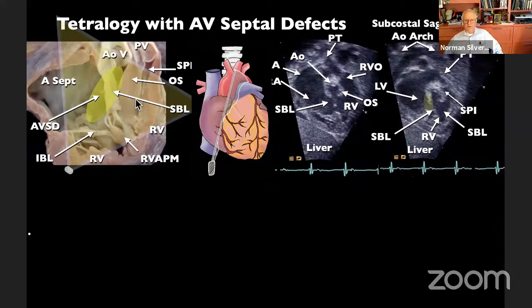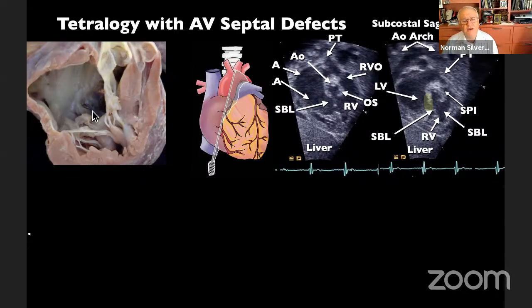Here's a patient, a fetus in fact, with tetralogy of Fallot and an AV septal defect. This was invariably a Down syndrome, another chromosomal anomaly that occurs with tetralogy type lesions. And almost invariably, this is a type C of Rastelli interventricular communication. Here's the bridging leaflet posteriorly. That's the interventricular communication here. Here's the aortic root with fibrous mitral aortic continuity.